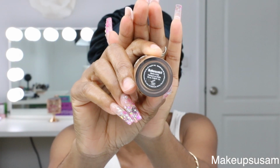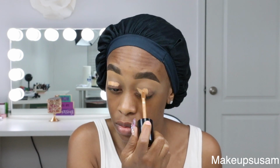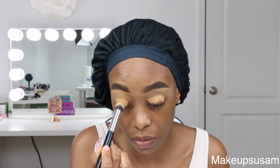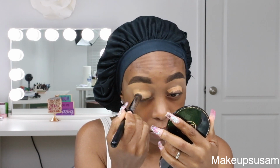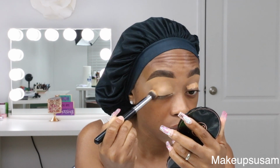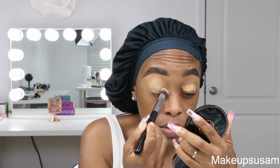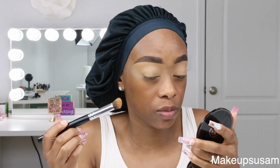So right now I'm going back in with that same concealer and I'm placing that all over my eyelids to use it as an eyeshadow base or primer, as they say, for the look that I'm going to do today. So now I'm tapping that concealer out so I'd have a smoother transition when I am ready to apply my eyeshadows. So now that we got that all nice and blended,